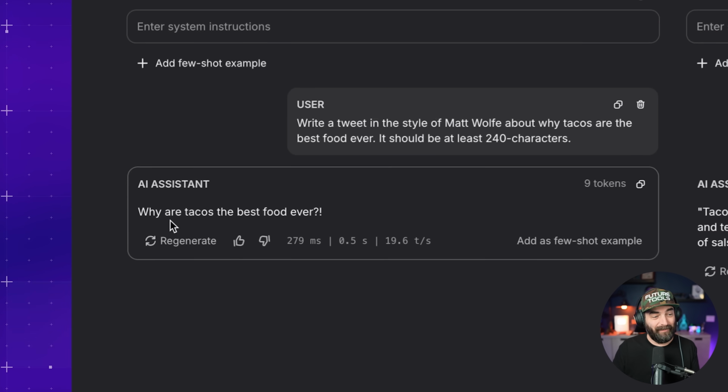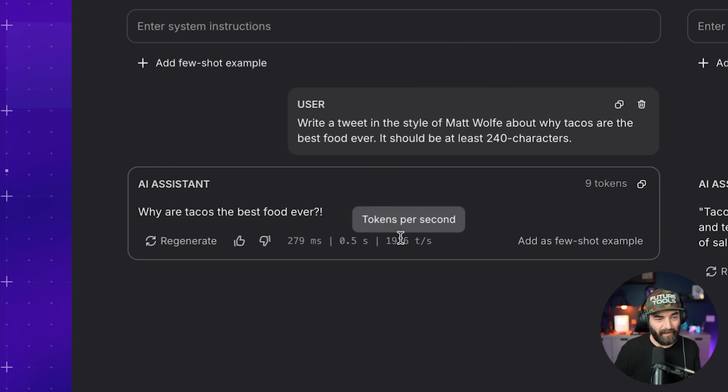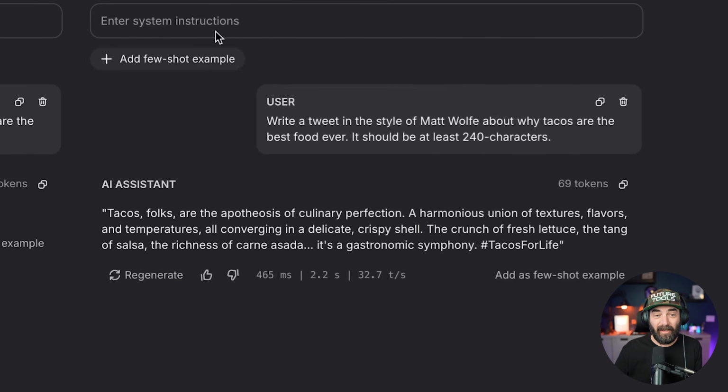And I just wrote a simple tweet. Why are tacos the best food ever? I mean, that's probably something I would write. On the other hand, 7dB instruct,